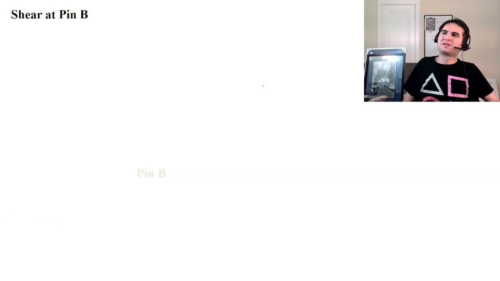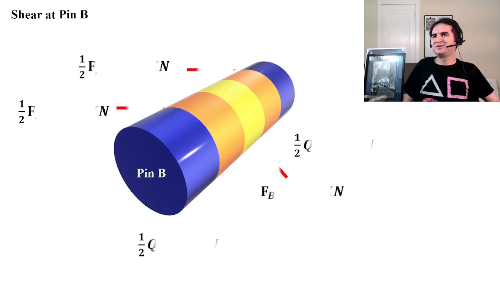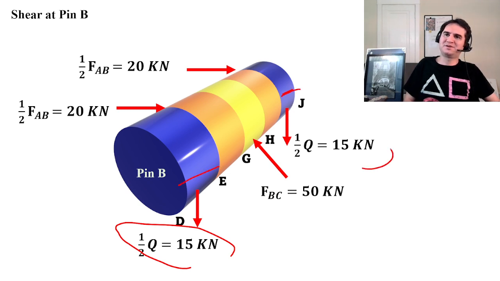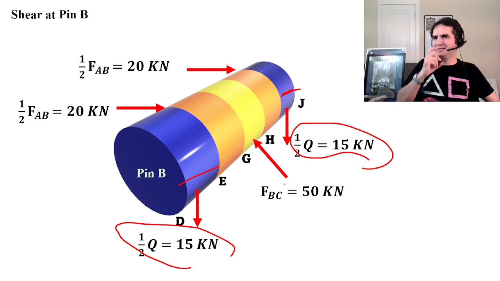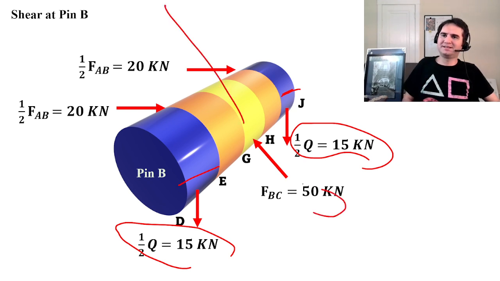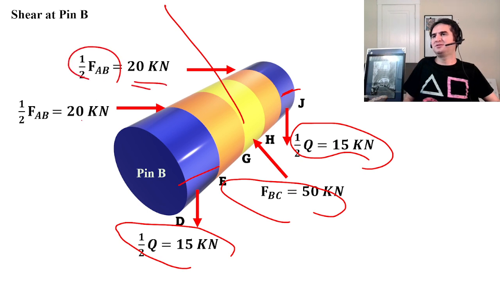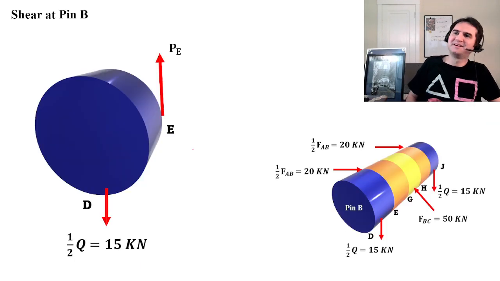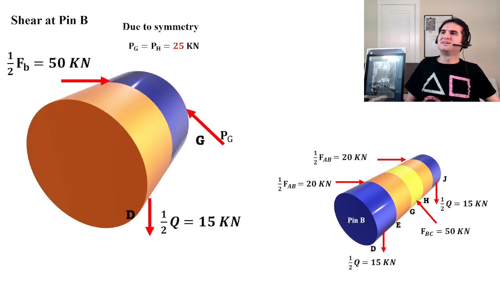So if you take a closer look, you can easily see this is half of the 30 kilonewton applied at this part, half of the other applied at this part. FBC of rod is 50 applied at this part, and each of those 20 kilonewton, which is the compressive force of boom AB, which is a negative 40, just applies to the pin B. And that's pin B. In that sense, one can say due to symmetry,